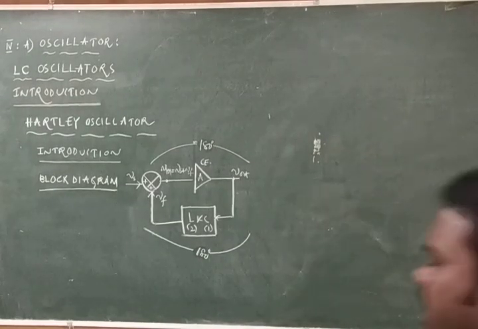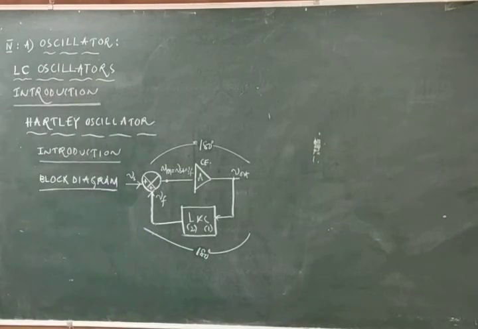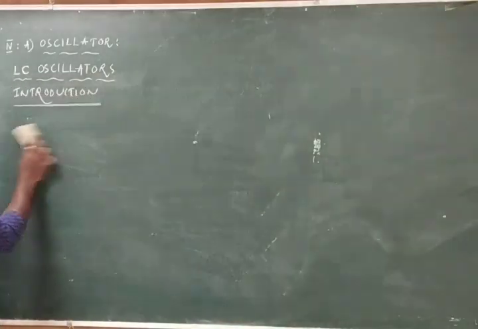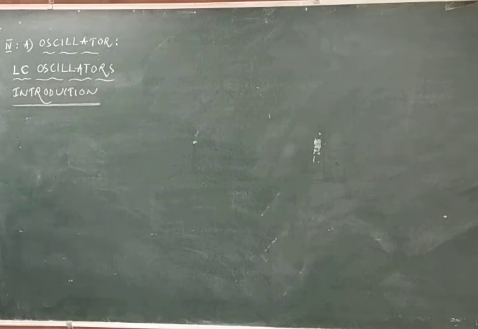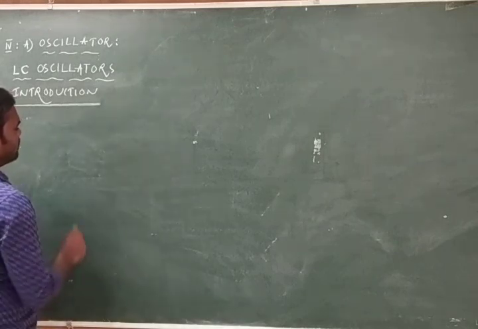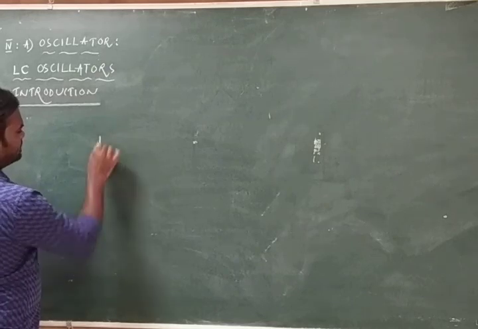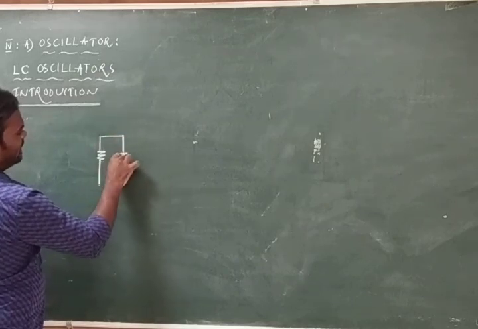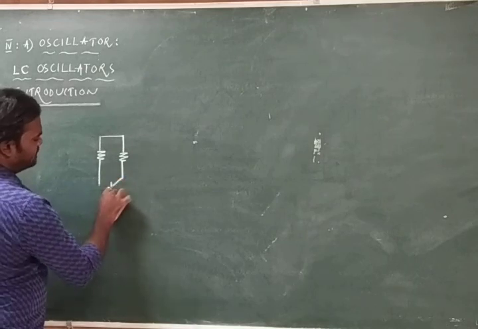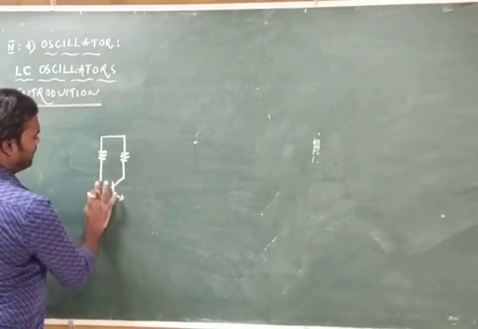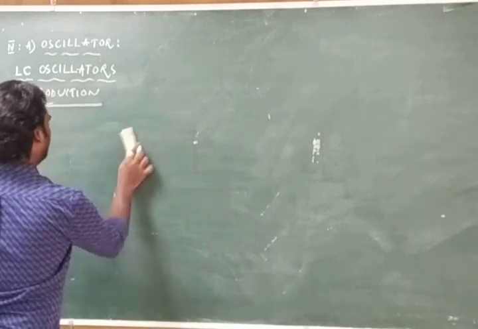Now make the heading: circuit diagram. Circuit diagramming is nothing new. We have already drawn two types of oscillator, that is the RC phase shift oscillator and the Wien bridge oscillator. So I am going with the single stage CE amplifier. This amplifier diagram will be the same for all the oscillator circuits.